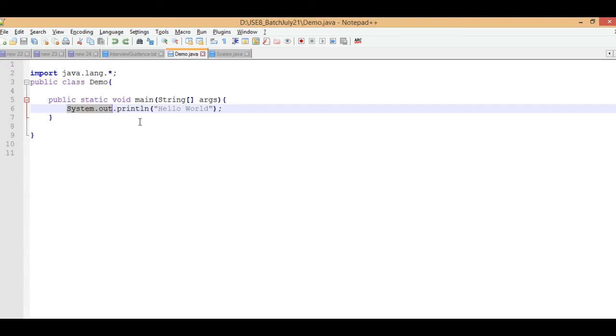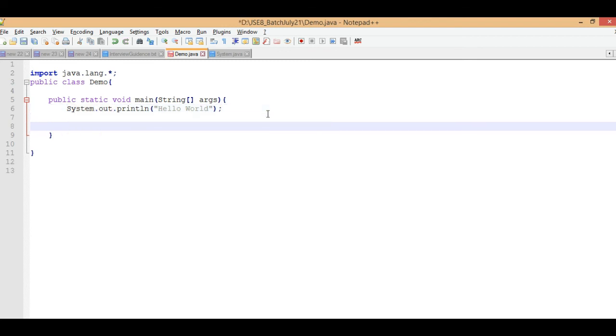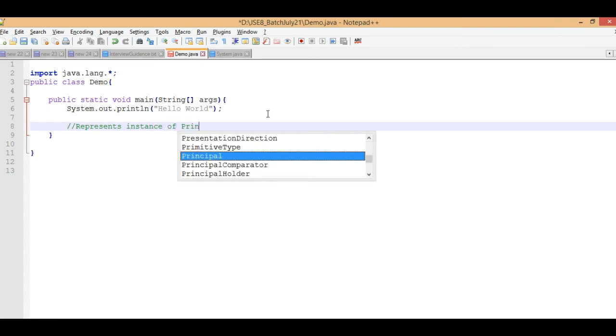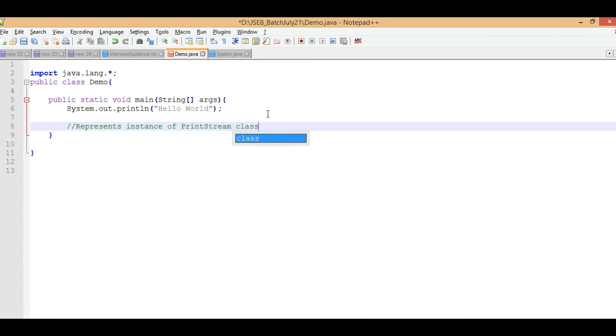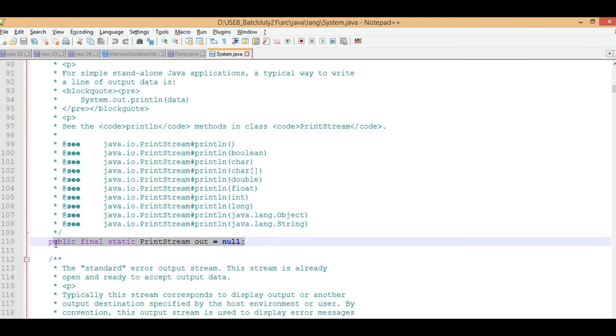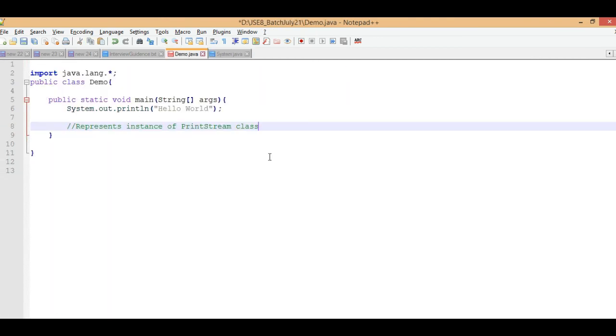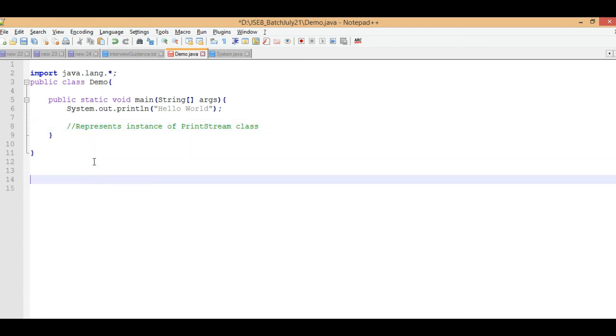For example, what is System.out? System.out represents an instance of the PrintStream class. And how is the PrintStream class declared?